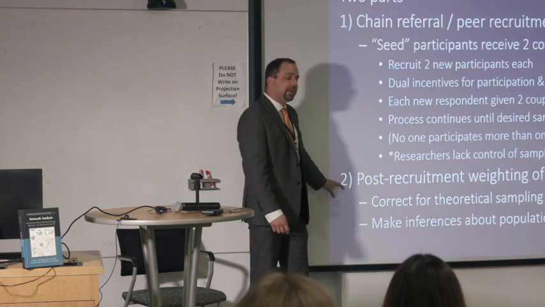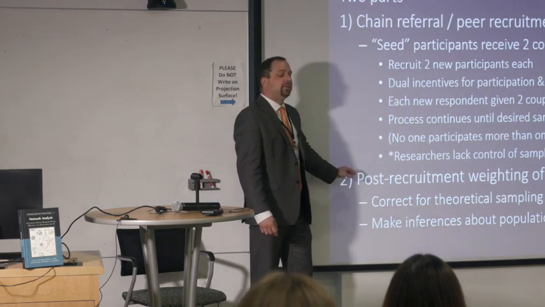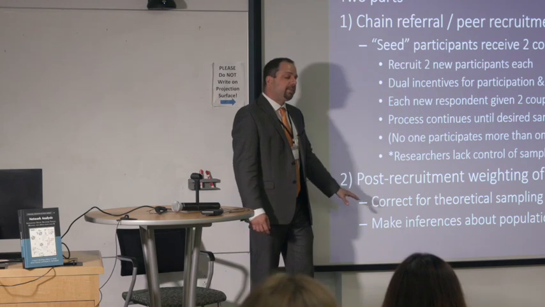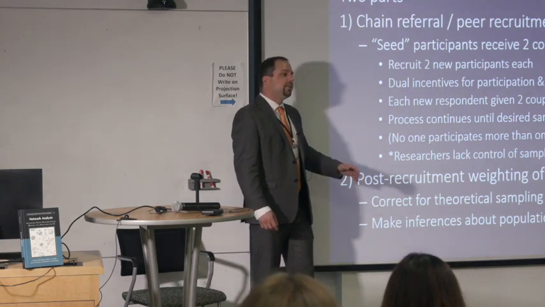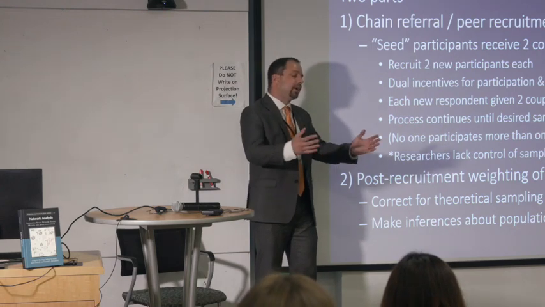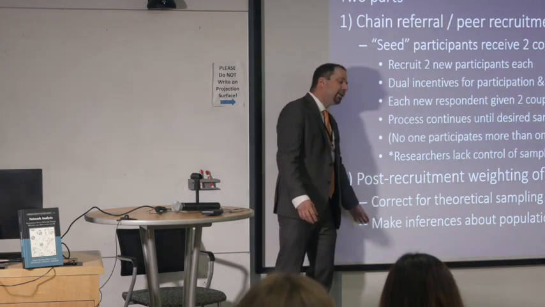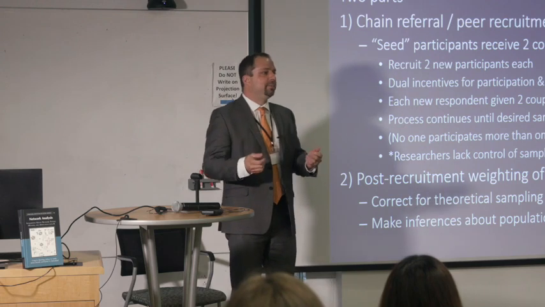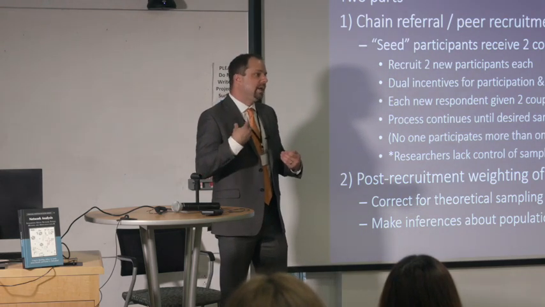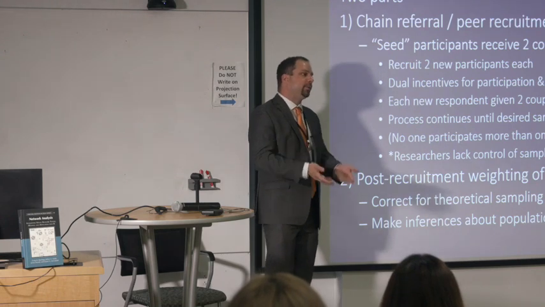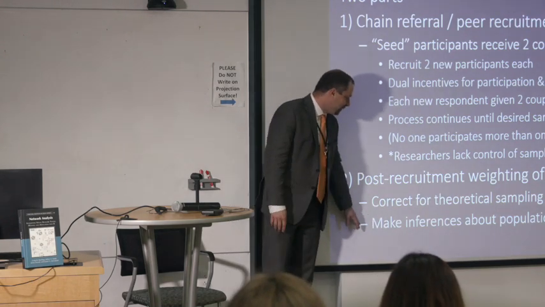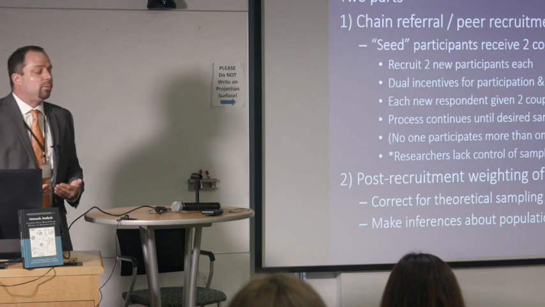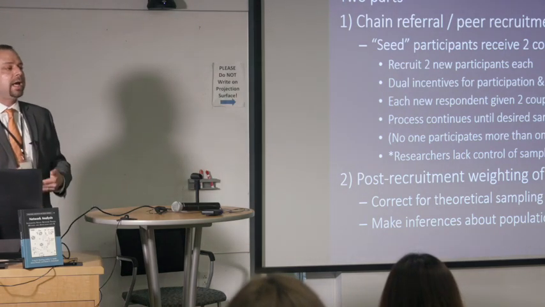The second innovation that Heckathorn had was to weight cases after the recruitment procedure occurred. It connects weights to the theoretical sampling procedure that a diffusion process like this would take in a network, and gives different weights to people based on popularity. So if you are randomly passing around coupons in a network, the people who are more popular are more likely to receive those coupons. So they get weighted down, and the less popular people get weighted up. I did say that backwards initially, sorry. And from that, you make population inferences to try to understand what the statistic of interest in the population is, as well as quantify uncertainty.